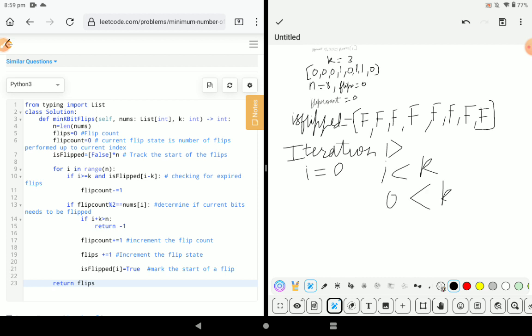So no expired flips to remove. Okay, so now we will check if our